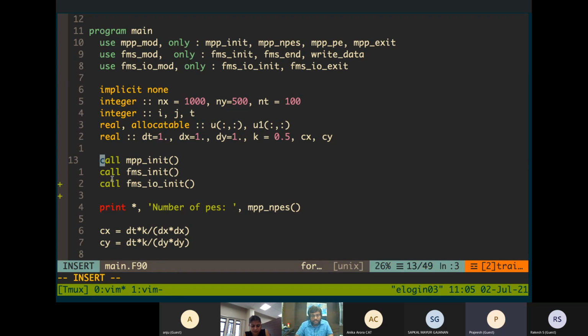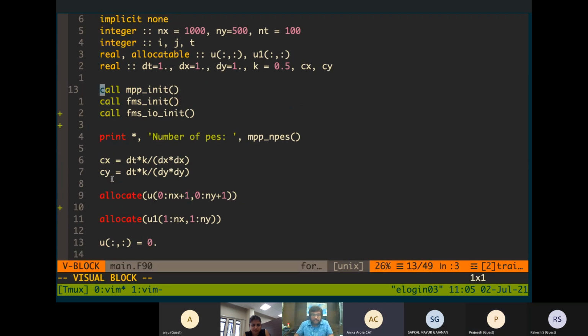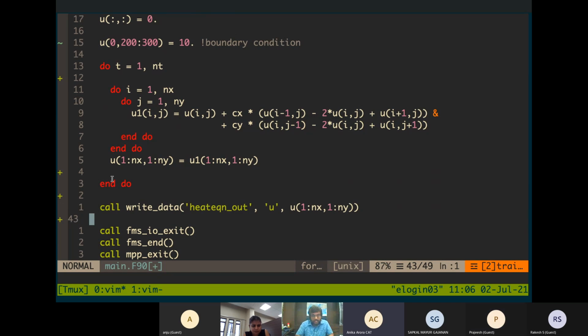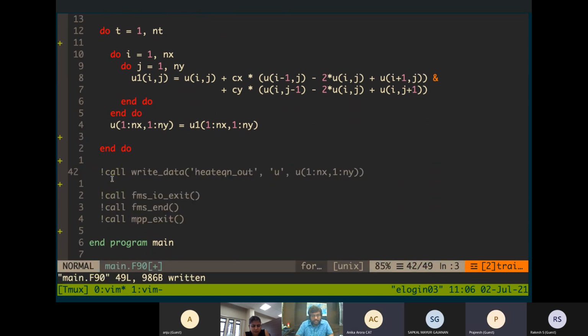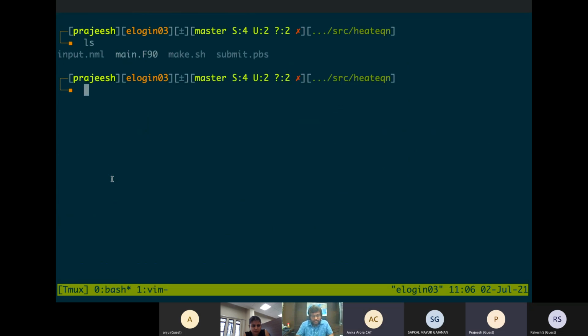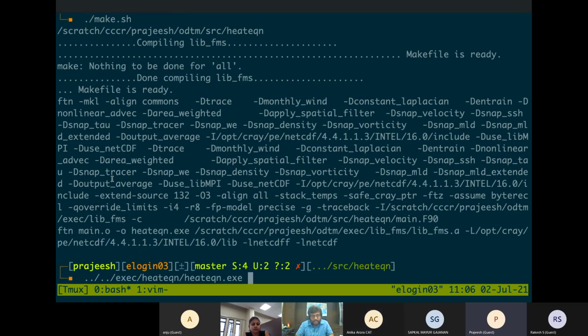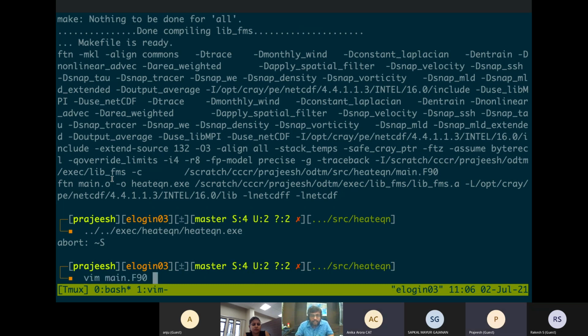Let's say I'm commenting this all out. If I comment this all out and then compile it, and then run, I think I have to do this source also.